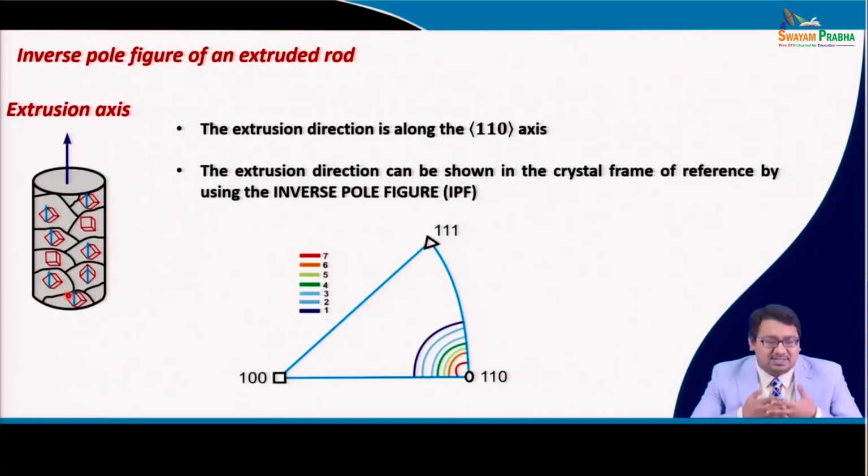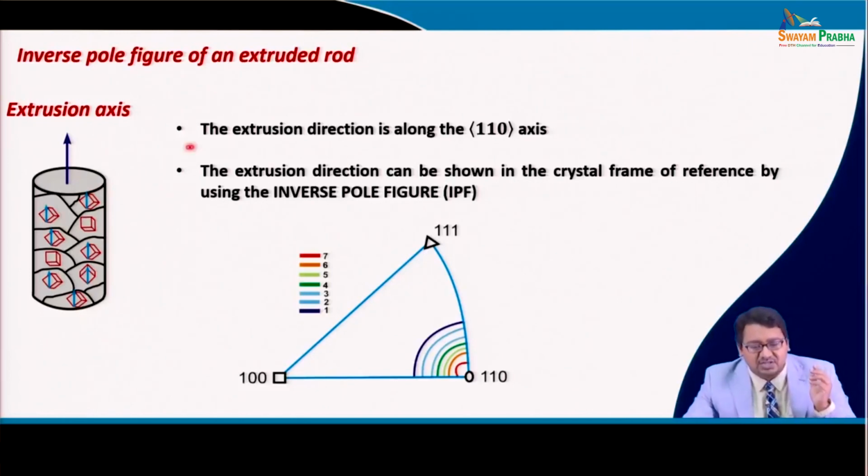and it has a certain number of grains with a particular intensity of texture component. Say these components are specially separated out, but they have a certain intensity, so that it shows up as an intensity in the texture. Then you see that these are basically those crystals in which the extrusion axis is parallel to 110. So, if the extrusion direction is along the 110 axis, then we can show the extrusion direction in the crystal frame of reference using this inverse pole figure,